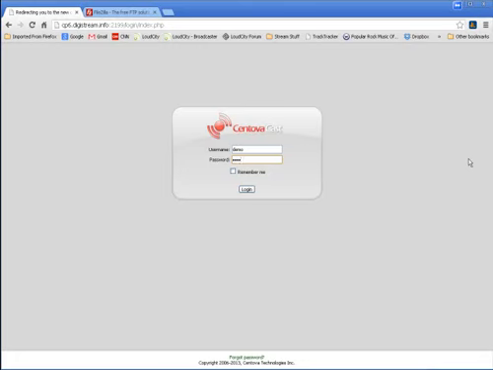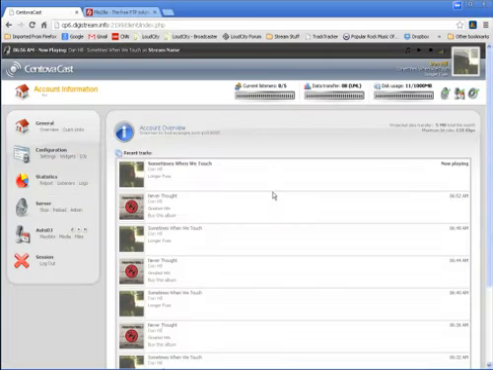So this is the login screen for Centovacast. Your provider should have given you your details on how to log into here, so just do that now. Just go ahead and put in your username and your password. And once you've done that, go ahead and click on Login. Now, there's going to be a lot of changes. That's why I'm not spending a lot of time on